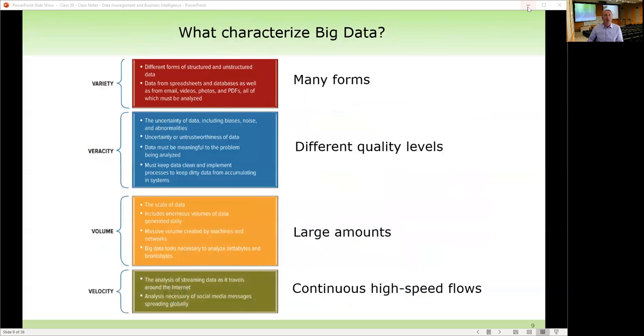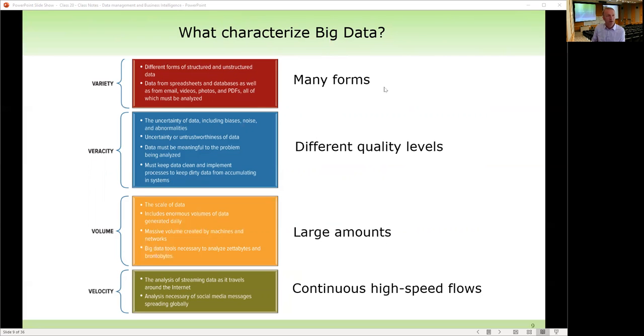Now, today we talk a lot about big data, and that is the flow of large amounts of data instead of just an extract or static sample of a data set. So when we talk about big data, we are actually talking about big data as defined by 4 key characteristics. You can see that on the screen here. So the first one is variety. So big data is characterized by having many types of forms. So that can come in forms of